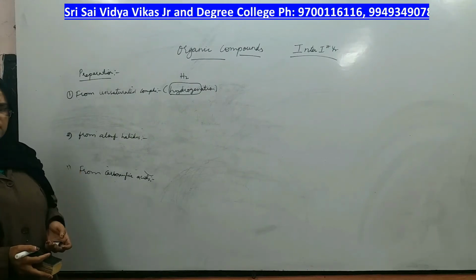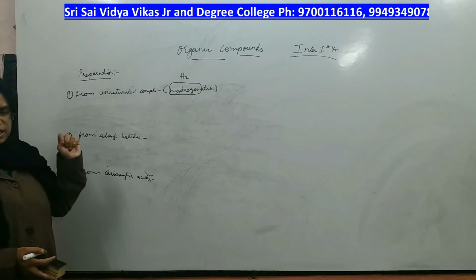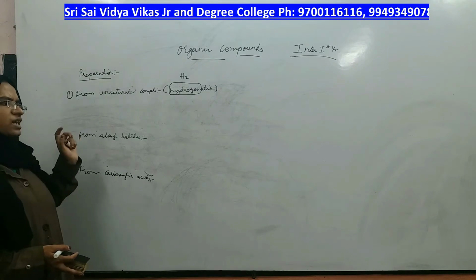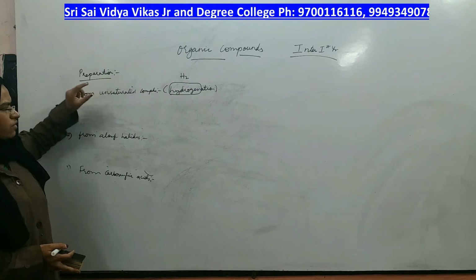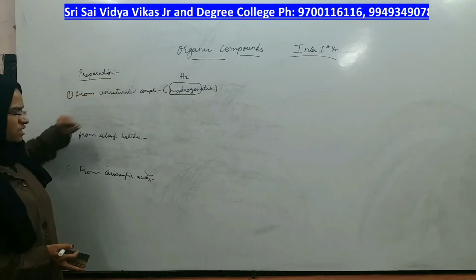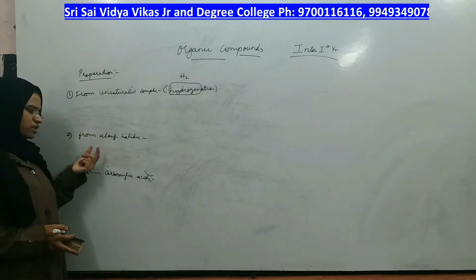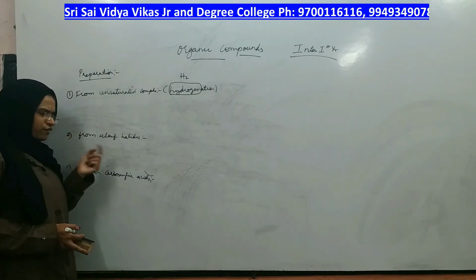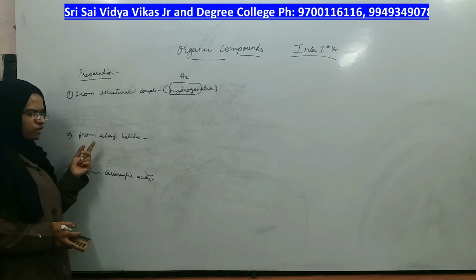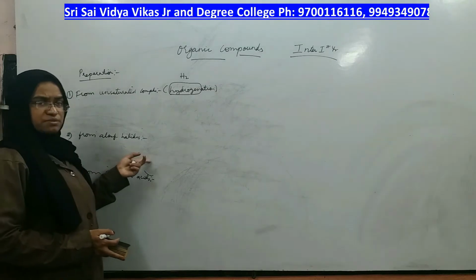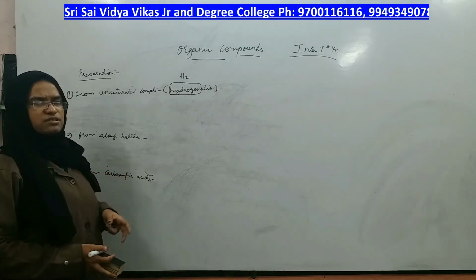In the last class, we were looking at the preparation reactions of alkanes. In that we have seen that alkanes can be prepared from unsaturated compounds, both from alkenes as well as alkynes, and from alkyl halides. That also has two methods. One can be by taking 1 mole of alkyl halide, another by taking 2 moles of alkyl halide. If you take 1 mole of alkyl halide, the reaction was a substitution reaction. If you take 2 moles of alkyl halides, the reaction was called Wood's reaction.